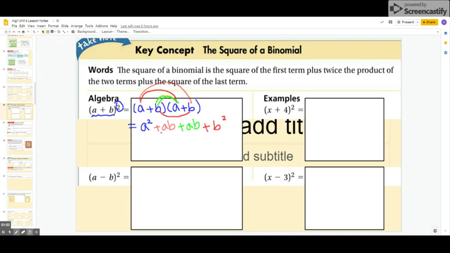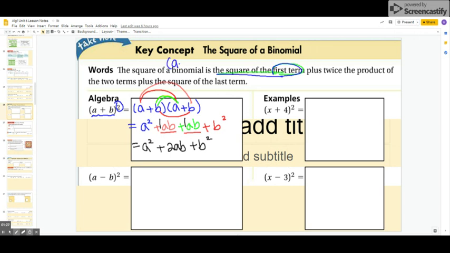So now we do have like terms here. So what I'm going to do is combine them. So there's 1ab, 1ab. So 1 plus 1, 2ab plus b squared. So now you will understand what it means. The square of the first term,